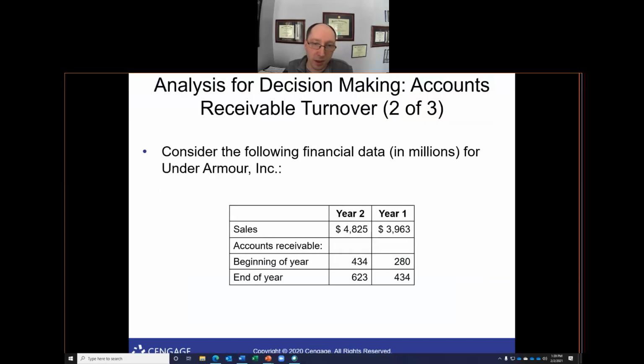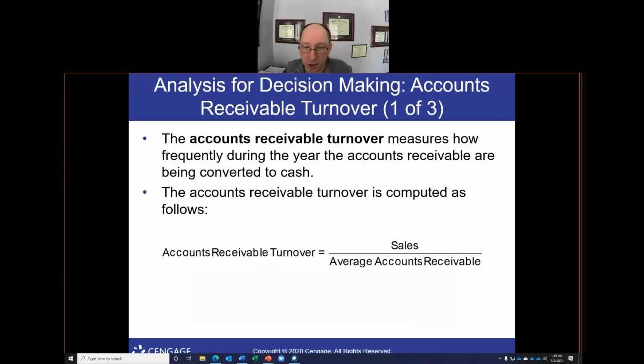And here's what it looks like on the balance sheet. Almost done. Three more slides. Okay, ratios. In decision making, as a manager, we analyze this data using ratios. That's standard practice. One of those ratios is called the accounts receivable turnover. This tells me how quickly I am turning my accounts receivable into cash. Very important ratio because we've got to get that cash.